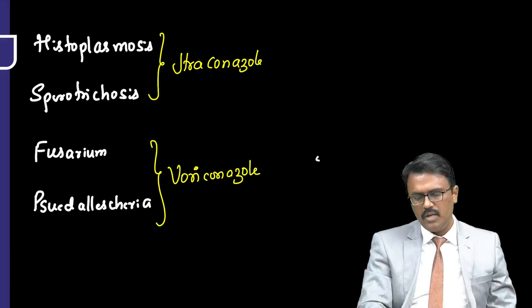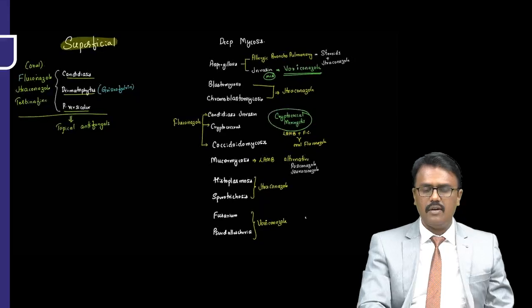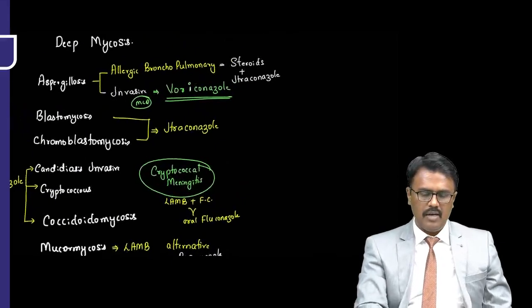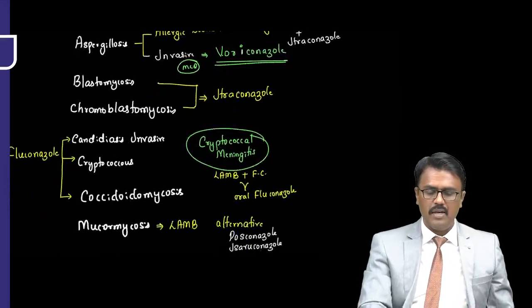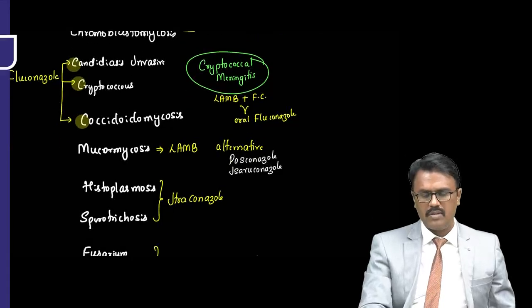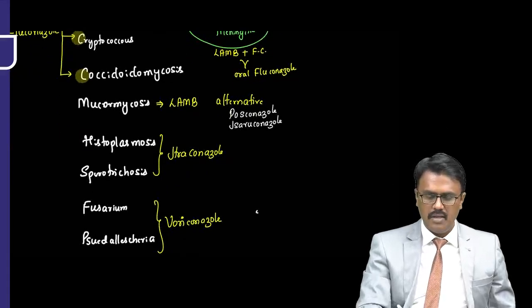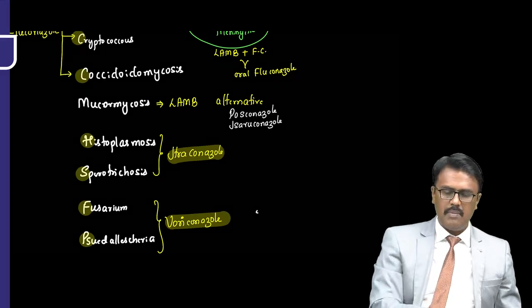So this table is very, very important. The fungal infection and the drug of choice, very, very important. Aspergillus, allergic, it is steroids plus itraconazole. Invasive, vori. Blastomycosis is itra. Anything starting with C, usually it is fluconazole. Mucormycosis, liposomal amphotericin B. Histoplasmosis, sporotrichosis, again itraconazole. Fusarium and pseudallescheria, it is voriconazole. Remember,